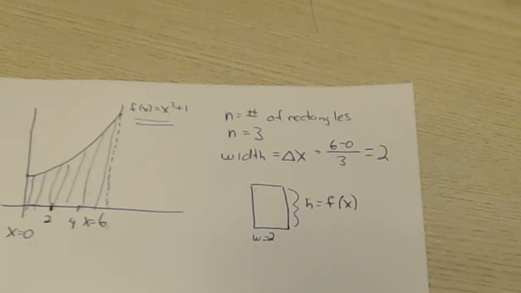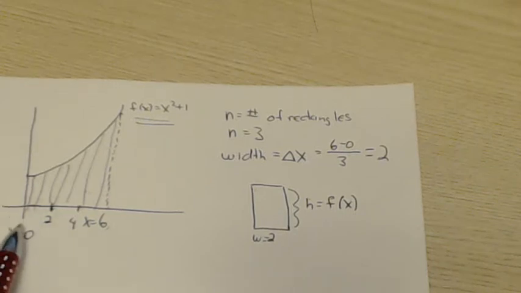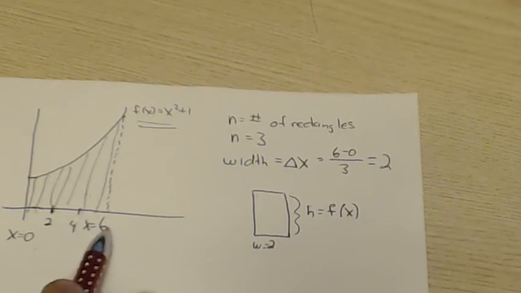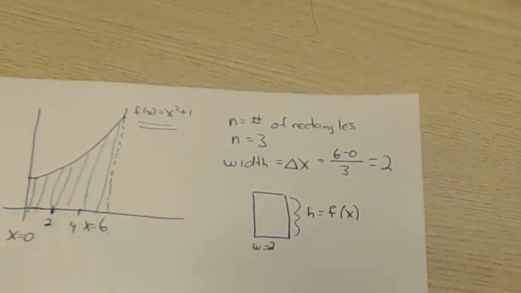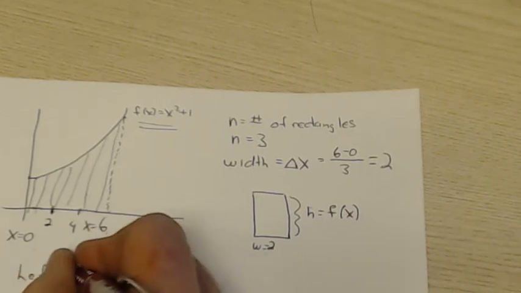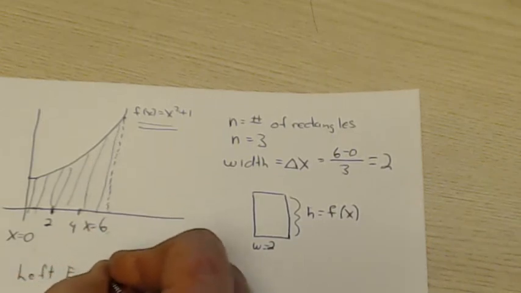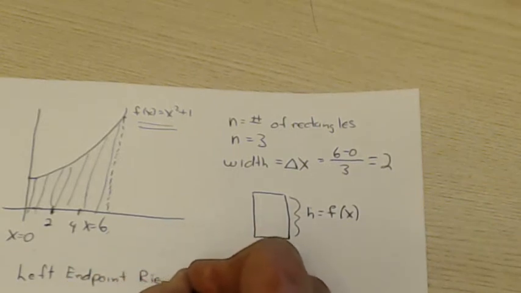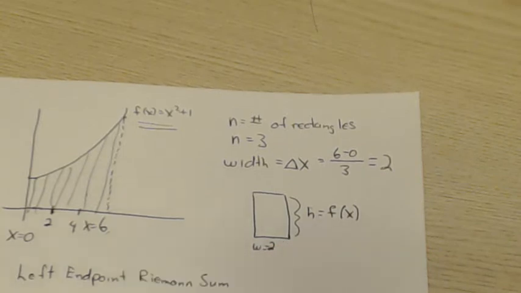We're going to use the left endpoint of each interval, which in our case, our first interval, 0 to 2, would have a left endpoint at 0. Our second interval, 2 to 4, would have a left endpoint at 2. And our third interval, that goes from 4 to 6, has a left endpoint at 4. So if we're going to do a left endpoint sum, and this particular type of sum is called a Riemann sum, when we're trying to approximate the area under that curve,